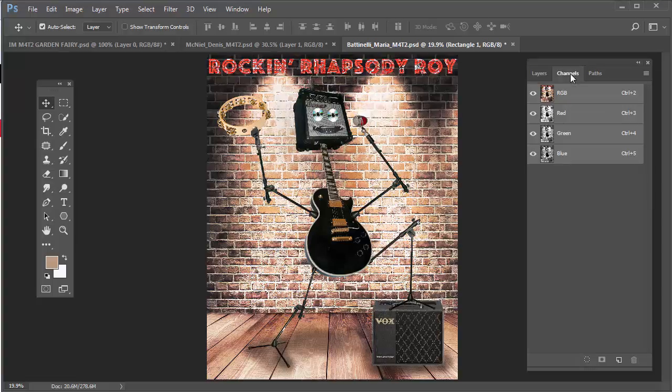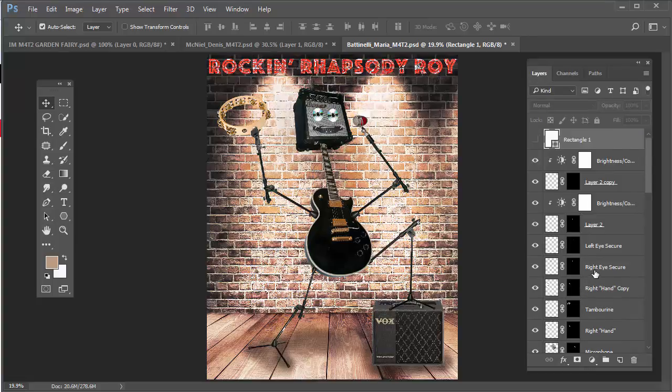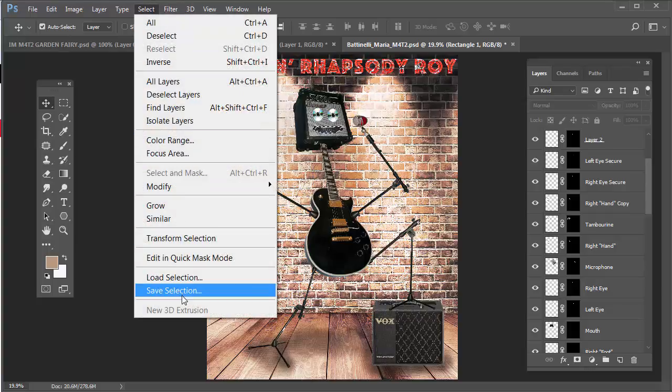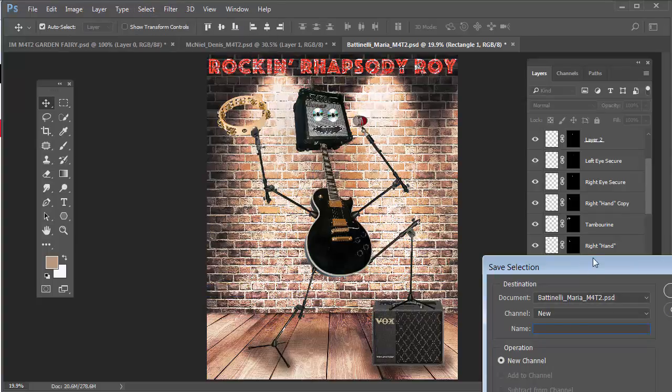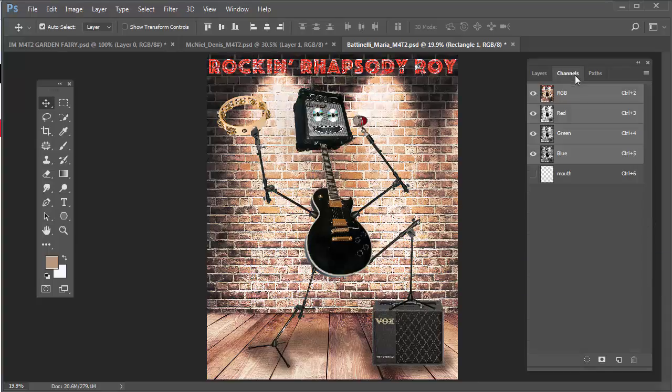First of all, you don't have a saved and renamed selection as a channel, so all you need to do really is, let's say, Ctrl click or Command click on the layer mask. Actually, that's probably not a good choice. Let's say the microphone or tambourine. No, it doesn't matter really. Mouth, okay? Then select Save Selection, rename it mouth, hit OK, and then you'll see it show up in the